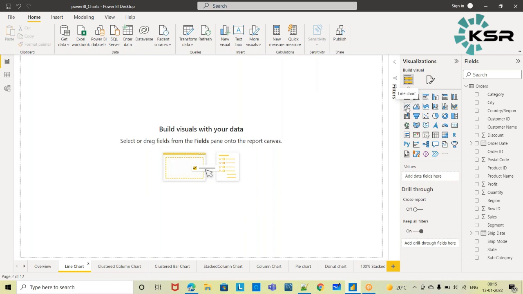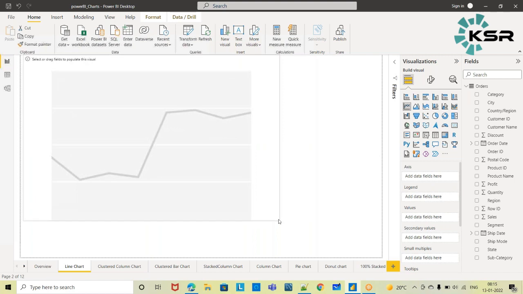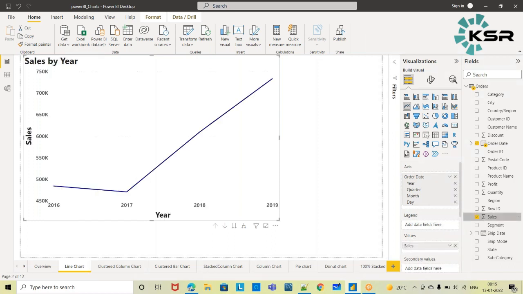So this is the line chart, and let's drag and drop the skeleton of this line chart. So now we need to fill this form. So axis, first time, till now we have started adding the categorical values, right? Now first time we are adding the date column, that is order date. In this data set we have order date as a date column, so we are adding the order date. And as you already know, values will take the numerical value, right? So we will take the sales value.